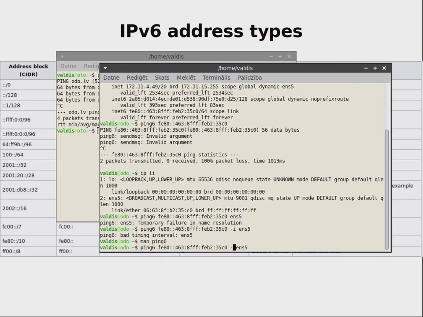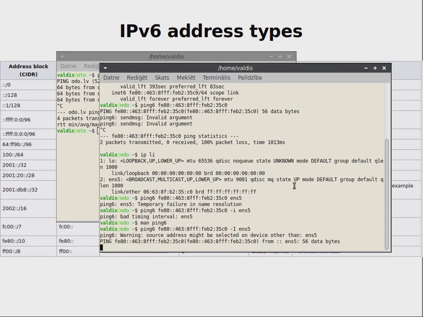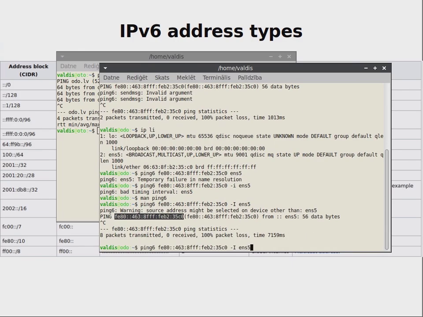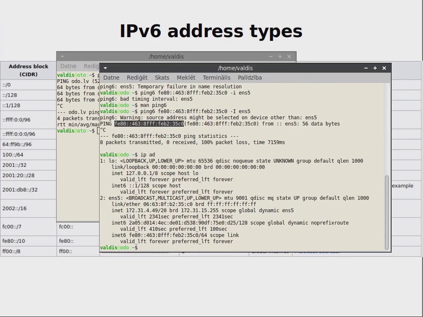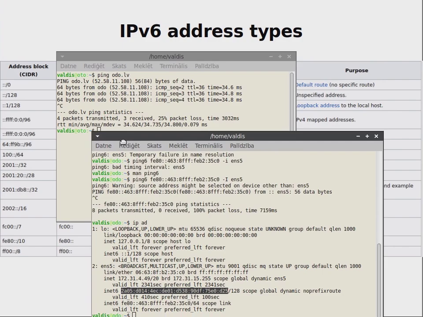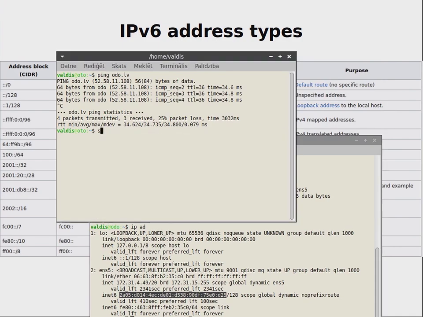Capital E. So I can use this particular address in the same local area network, but this other IP address is the global IPv6 address for this server. For example,